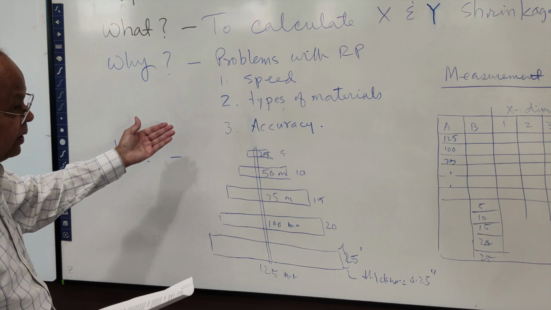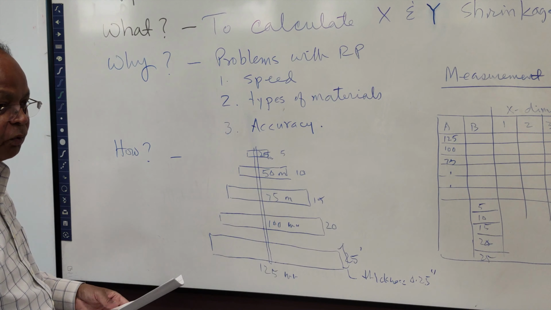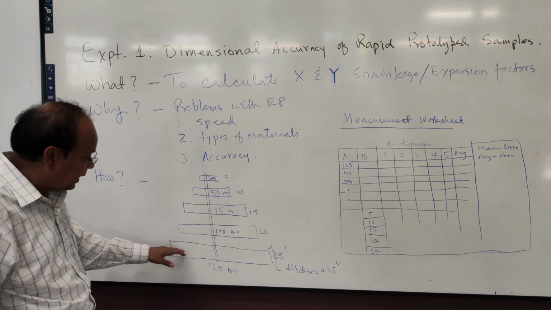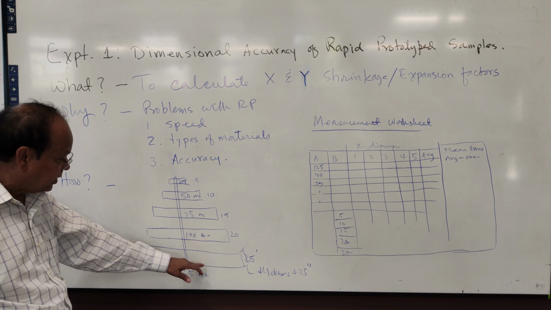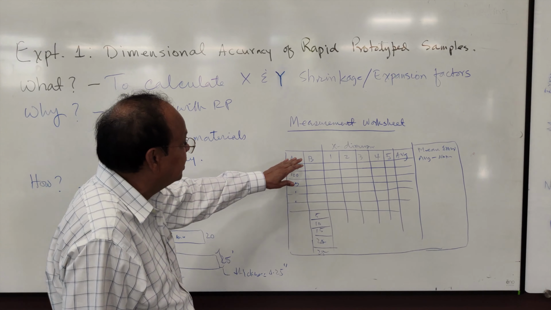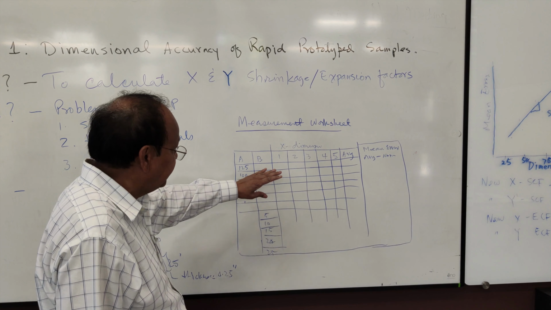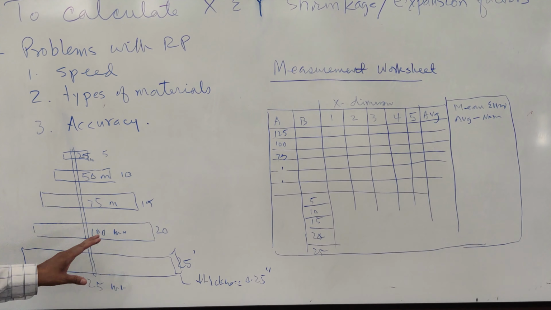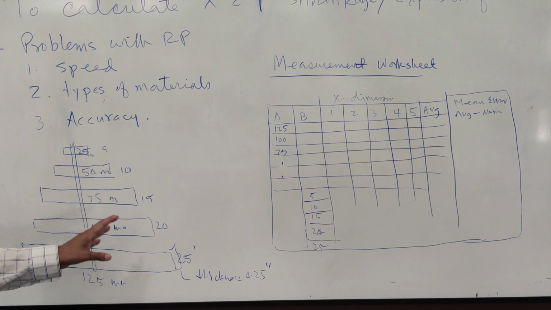Once we make the Christmas tree, we are going to bring it back to the classroom, and we are going to measure the dimensions 5 times, each dimension 5 times. If you come to this sheet, you see we are going to make 2 Christmas trees, A and B, and they look similar, but we are going to make them at 90 degrees to each other, and we are going to make measurements of both